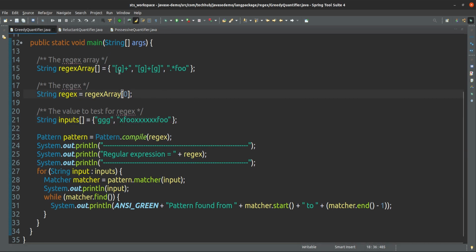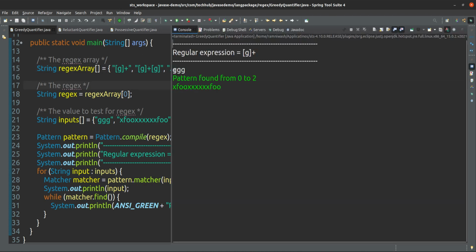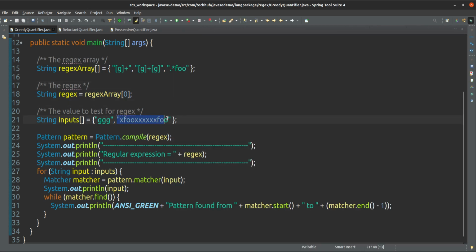So in the greedy quantifier, if I execute this expression, g is passing, because g can be at least one time or n number of times, this expression means that only, so it is passing for that one. This one I can remove, no issue.